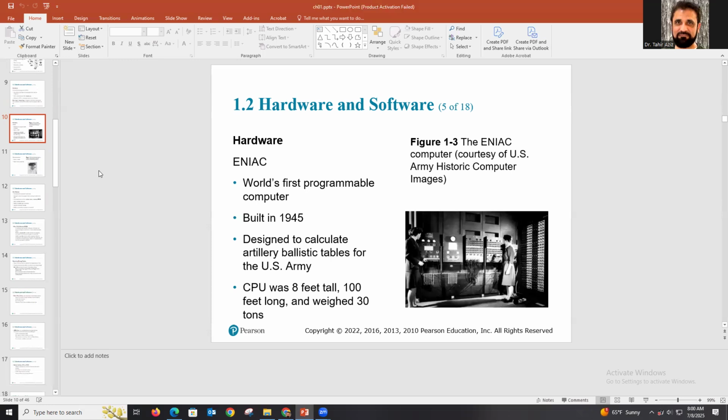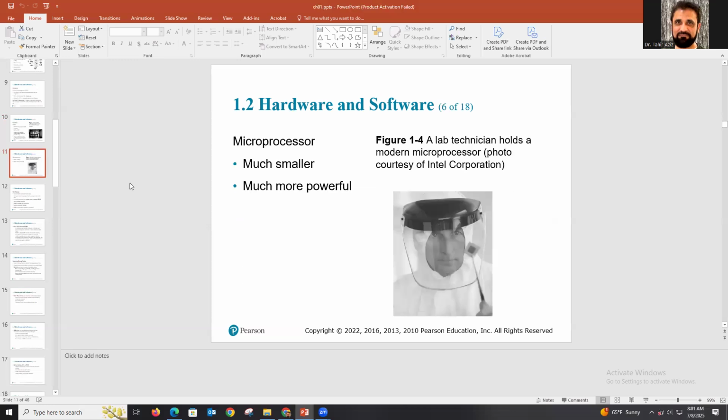So these were very specialized devices. As you can see, they were 100 feet long, 8 feet tall, and weighed about 30 tons. Mostly they used vacuum tubes or similar components in the back, so these were very heavy. They needed a lot of energy as well as cooling systems. Then gradually, in the 1960s and early part of the 70s,